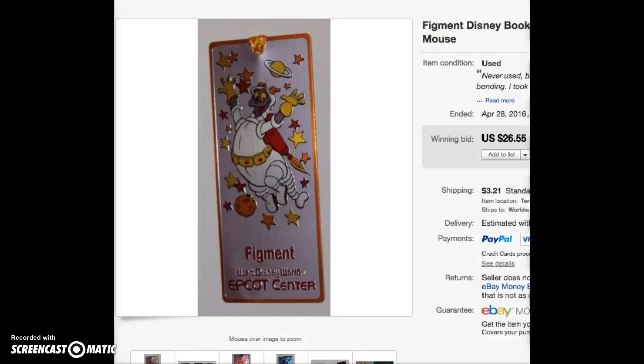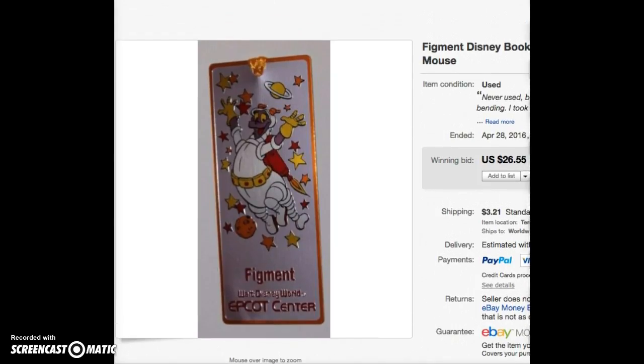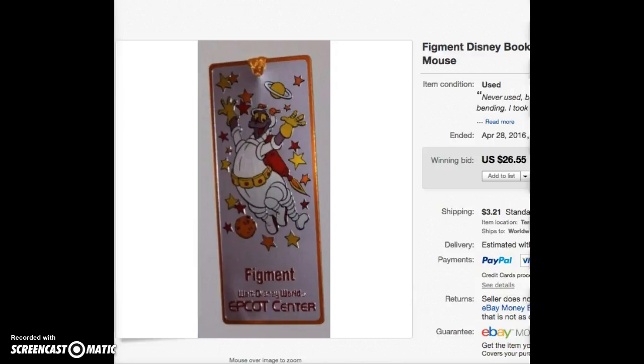It's actually a set of 3 bookmarks. Let me see if I can pull up that picture. Yeah, there's 3 bookmarks here. And this is a very rare Disney character. He is only found on stuff from Epcot Center. And I had actually had it out at my yard sale for 10 cents for this, and it sold for $26.55. As soon as I listed it, I got an offer for $30,